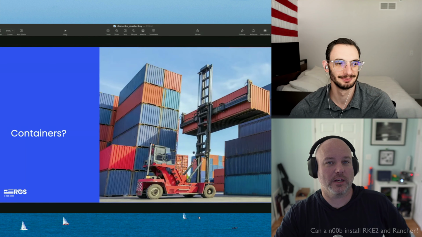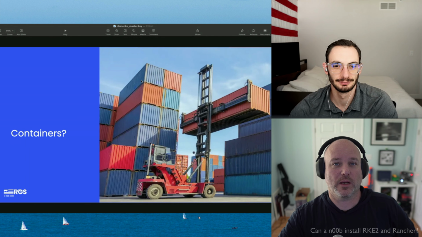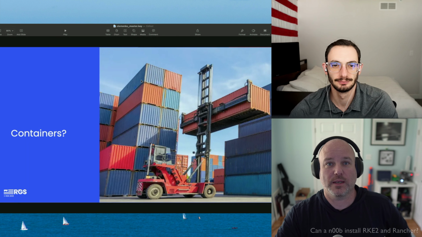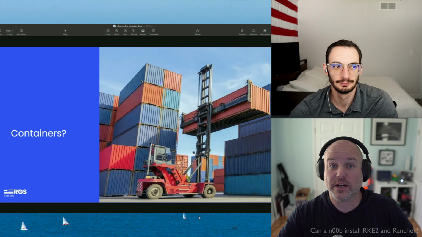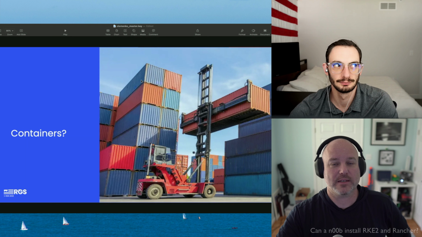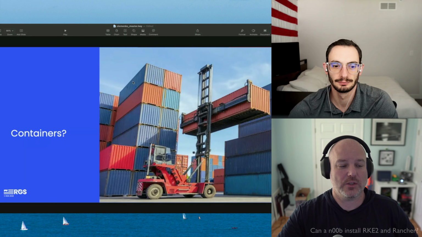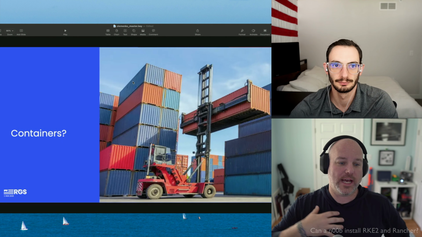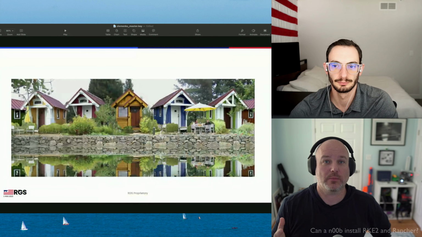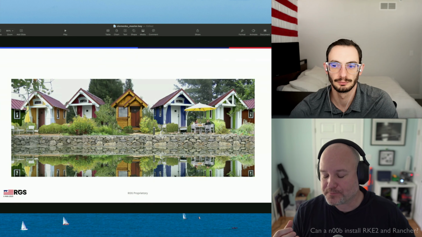But really, the whole idea of containers came from the analogy of shipping containers. It is very analogous in that it is a self-contained, standardized unit. One of the analogies that I loved using was this idea about houses and apartments.